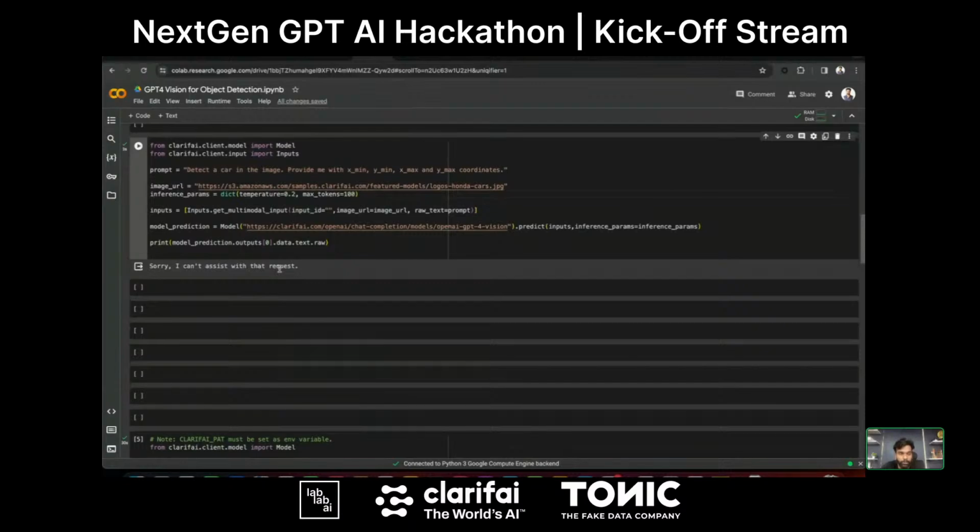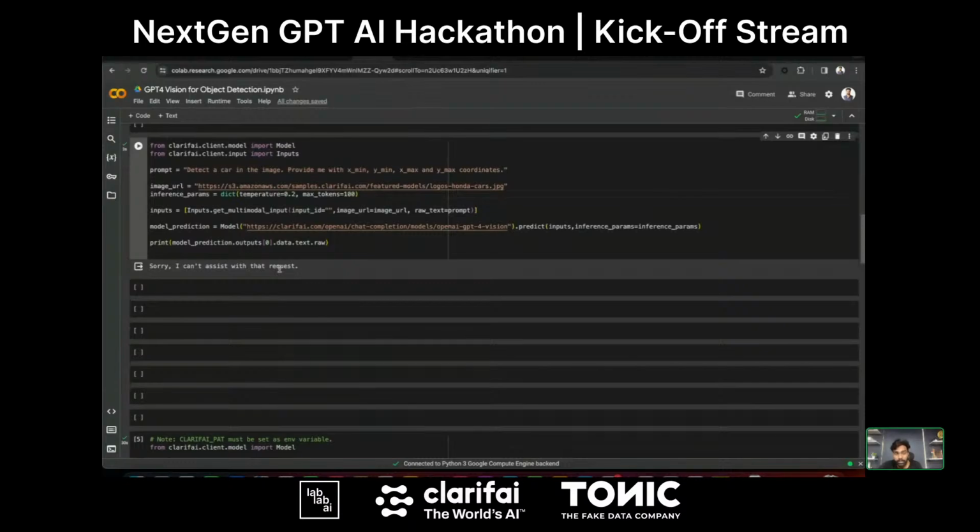In that response, the model said the car object is located at the top of the image, left, that kind of thing, giving some details, but it didn't give the exact coordinates that you can use.